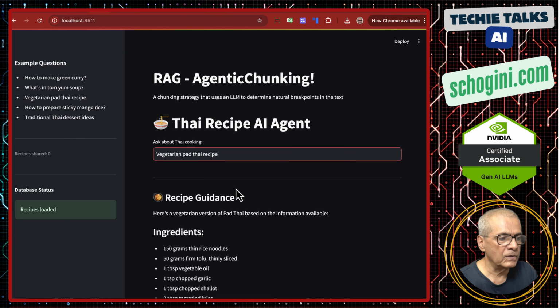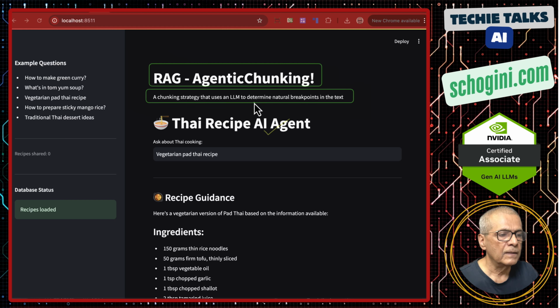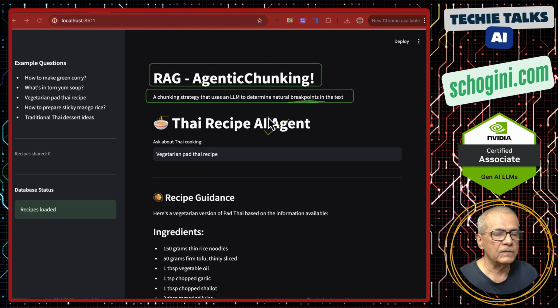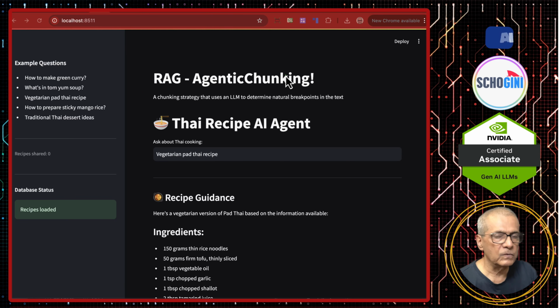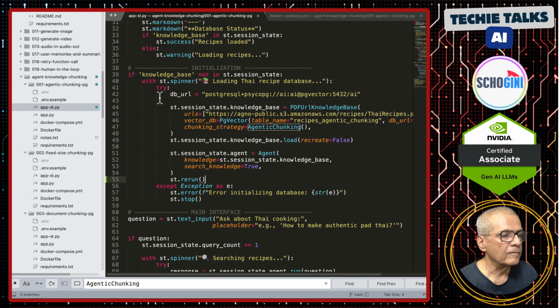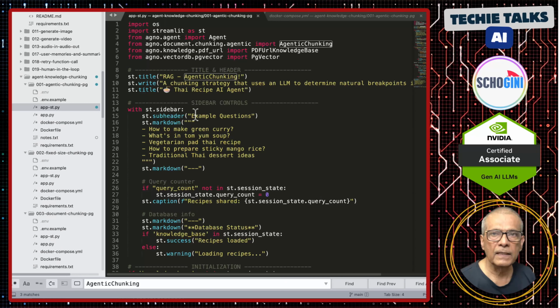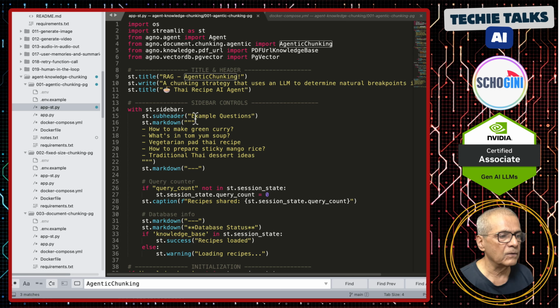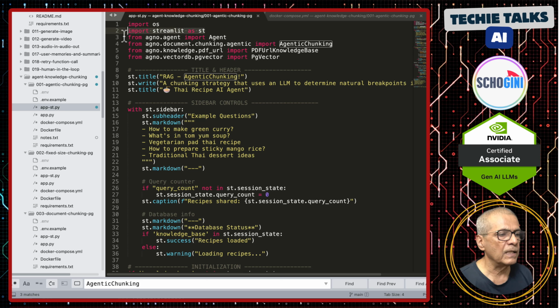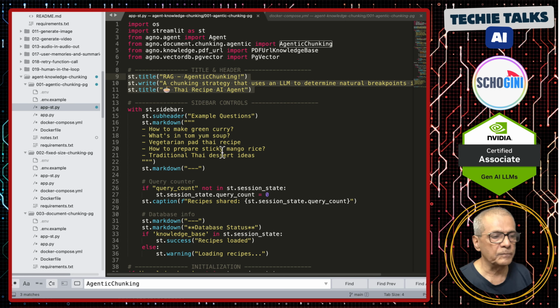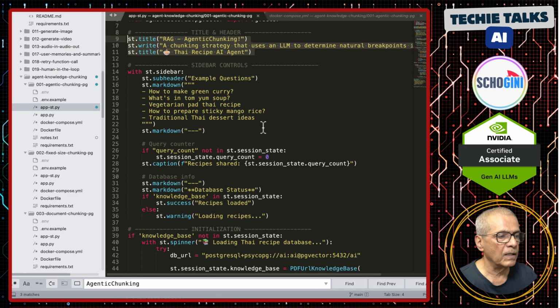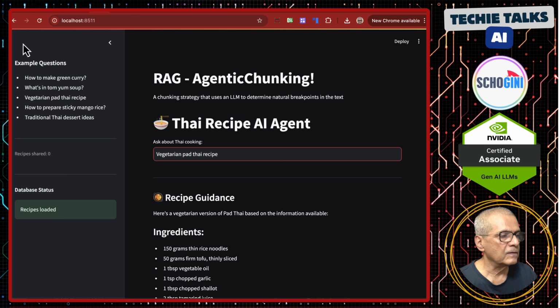So this is Agentic chunking, a chunking strategy that uses an LLM to determine the natural breakpoints in the text. This is similar to how we humans divide text into sections. If you look at the code, this is the same identical code that we saw in the command line, but the only thing is we are adding the Streamlit library and a couple of lines like the title, subtitle, and left sidebar,